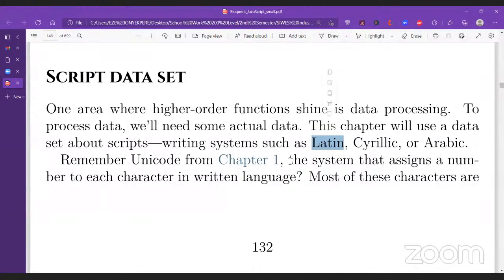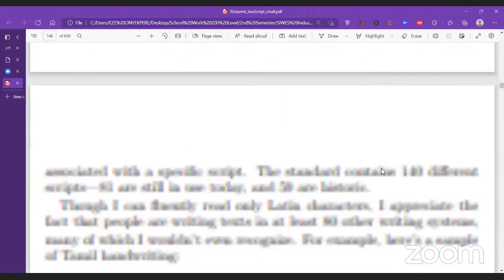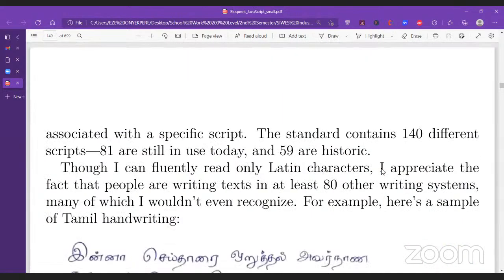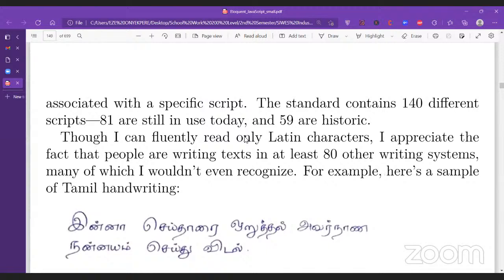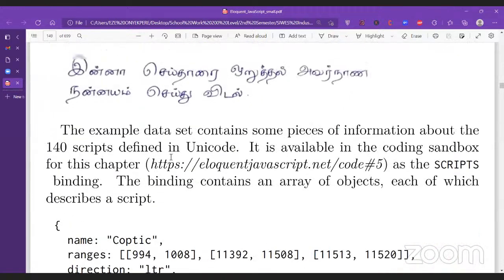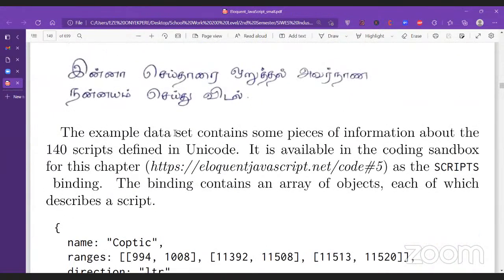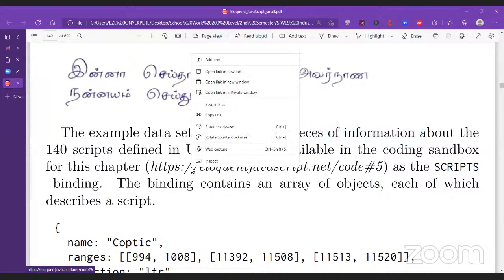Unicode is the system that assigns a number to each character. Most of those characters are associated with a specific script. So the example data set contains some pieces of information about the 140 scripts defined in Unicode. If we go to